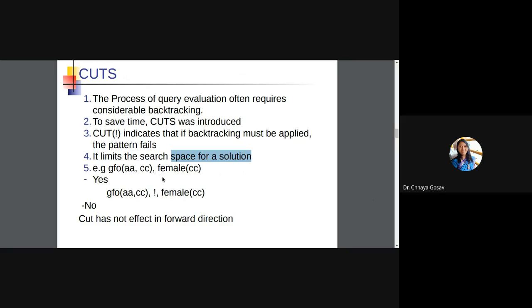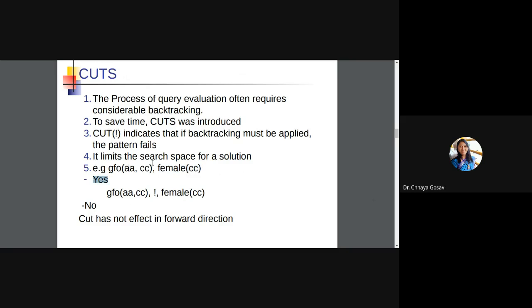For example, if you don't want CC as a female for grandfather of AA, CC, and you're checking whether female CC, and cut. Cut has no effect in the forward direction, but it has effect in the backward direction. So first, when you are checking for AA, CC and female CC, yes, it will return true.